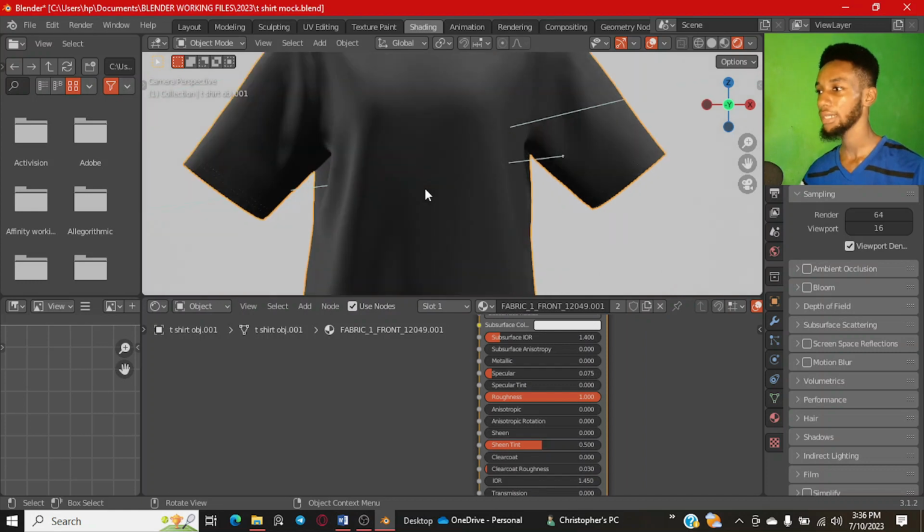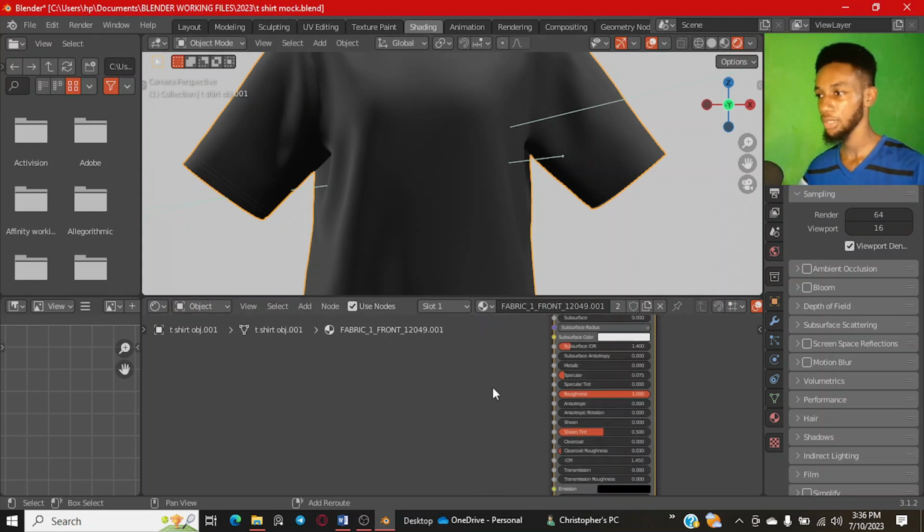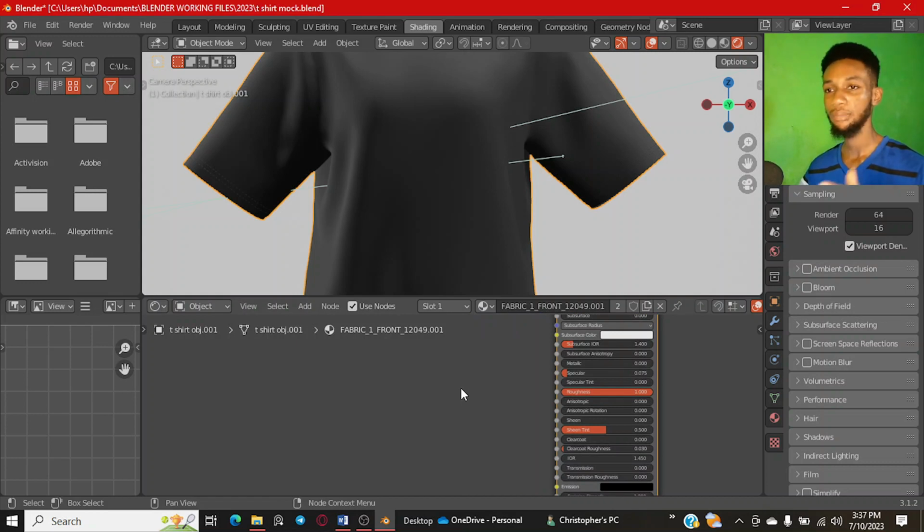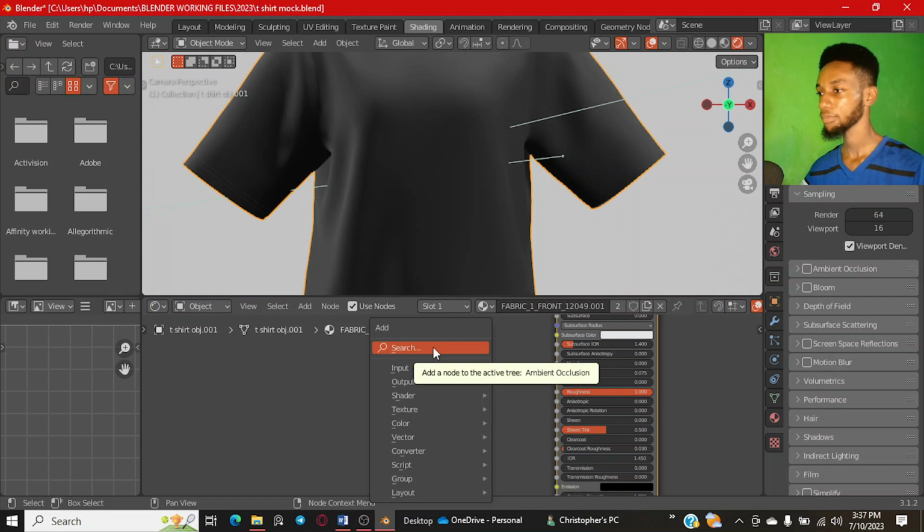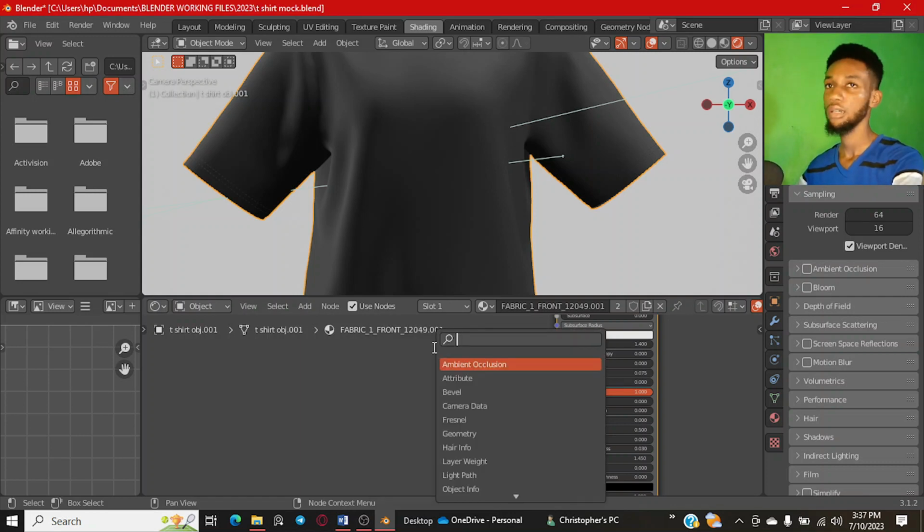I need to add a bit of texture to the shirt so that we can feel some sort of texture in it. Maybe you can see that it is actually a shirt, maybe some designs or something. So I'm going to press Shift T on my keyboard, and I'm going to add